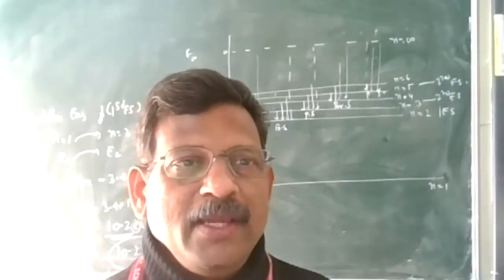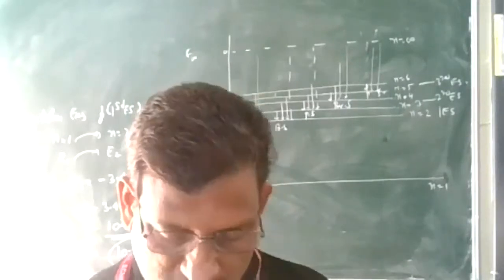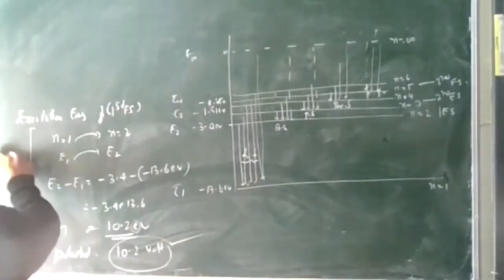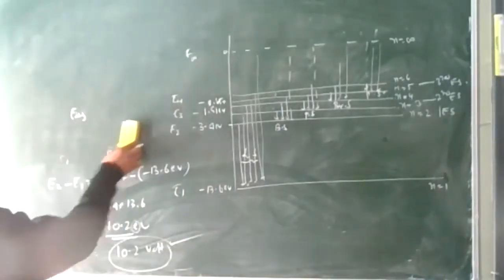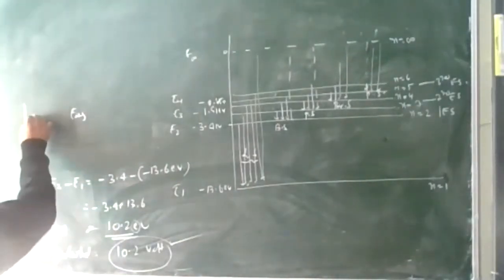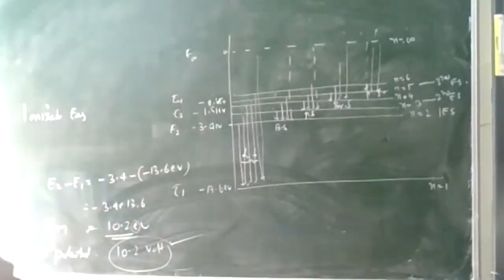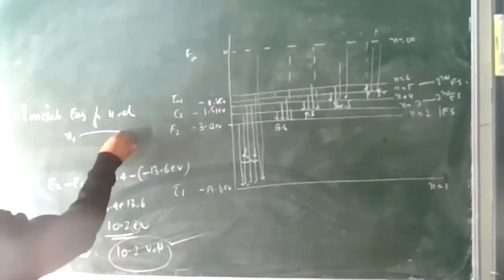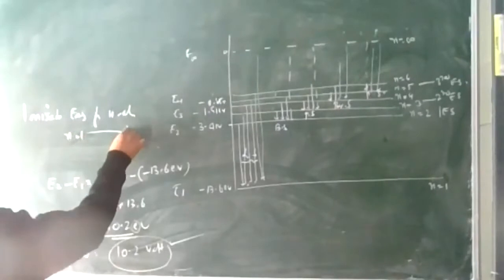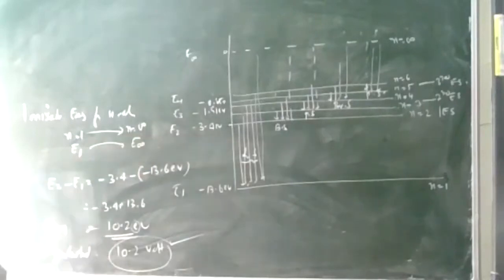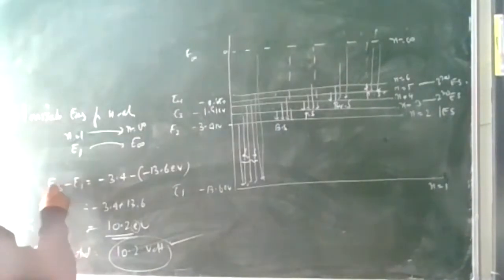For an atom, it will be a single, unique value. For hydrogen atom, one electron is there, in the first orbit. So ionization energy means you want to take it from there to infinite orbit. For hydrogen atom, you are taking the electron from N equal to 1 to N equal to infinity, so the energy is E1 and E infinity. So the ionization energy for hydrogen atom is E infinity minus E1.